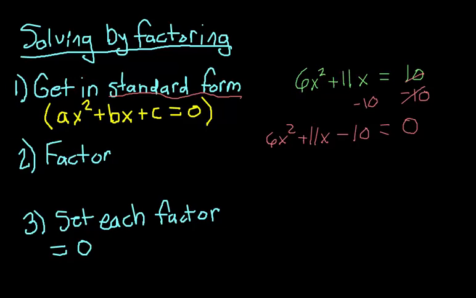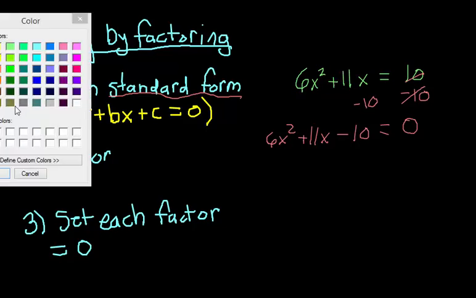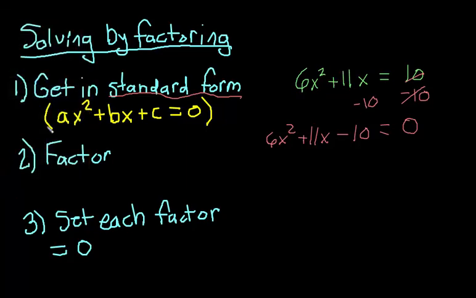And now, if you don't know how to factor this, I'm going to kind of walk through it, and so hopefully this will help. Let's try this yellow. Okay, so we want to factor. Now, always the first step when you're factoring is trying to find a GCF. Here we do not have a GCF, and so because we have this leading coefficient that's not 1, we want to go ahead,